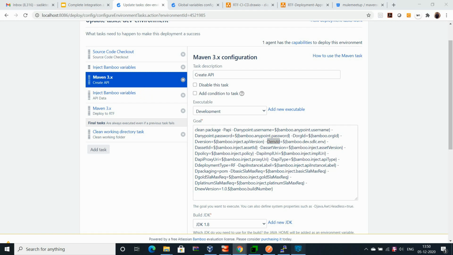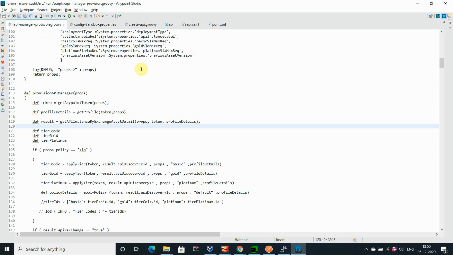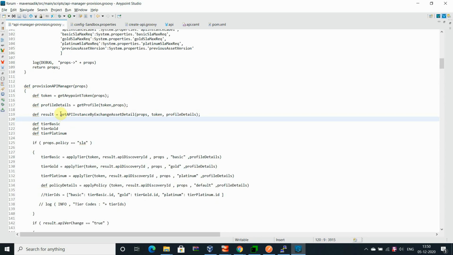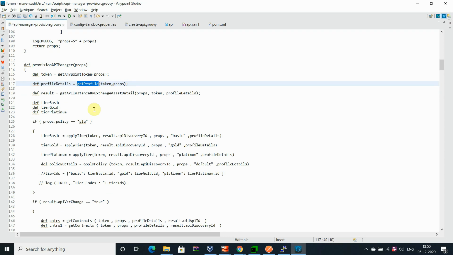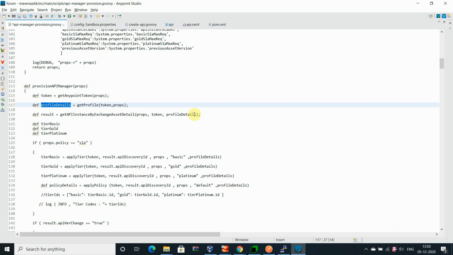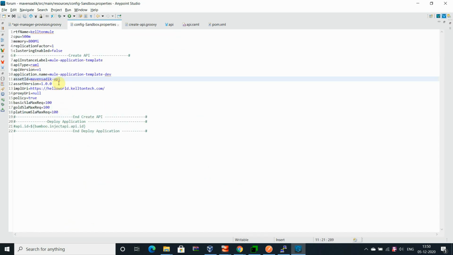As soon as my script extracts the information about the profile, which profile you want to deploy, I want to deploy on the sandbox, so it will get all the information and extract the information of the sandbox only. Then it will check the API details which I have provided here. The asset ID that I have provided is the Maven Sadiq hyphen API.